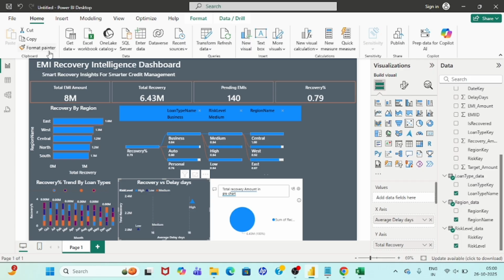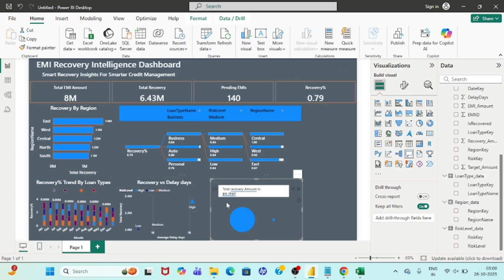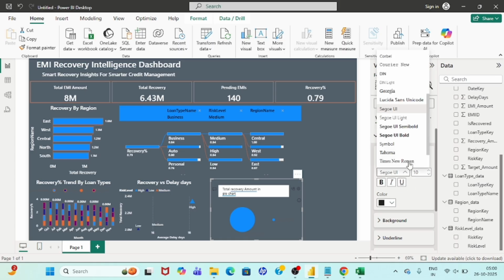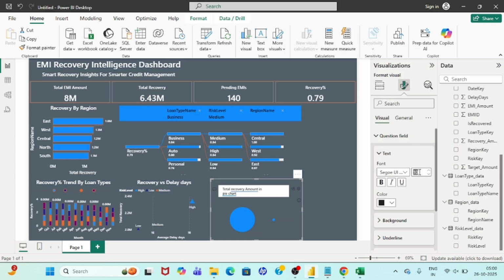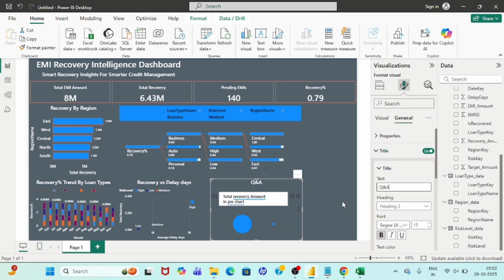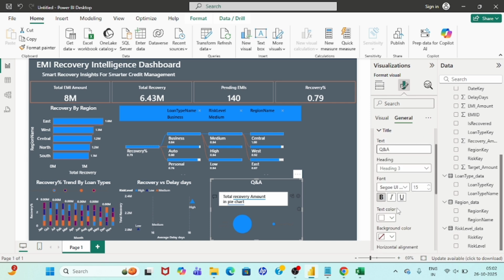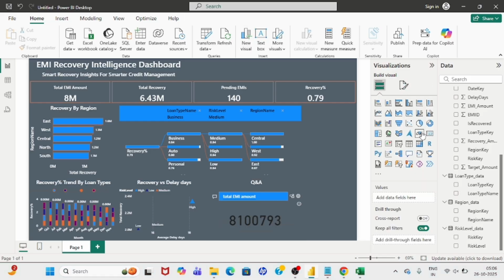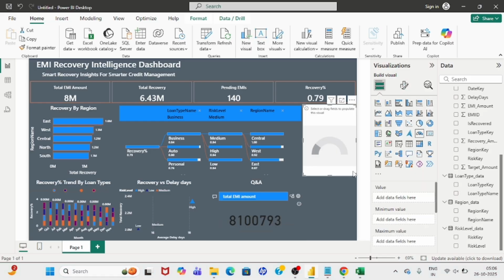So this, let me select format painter, put this here. So done. Now we can do some formatting here also. Question field, this, let's make it 12, color is okay, and it should be gauge chart. Okay,